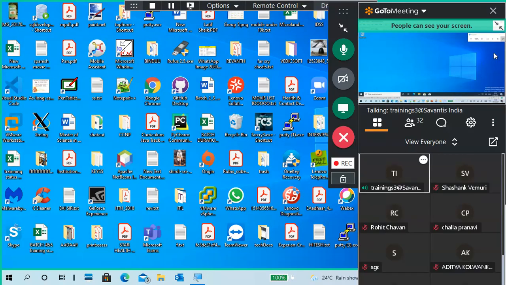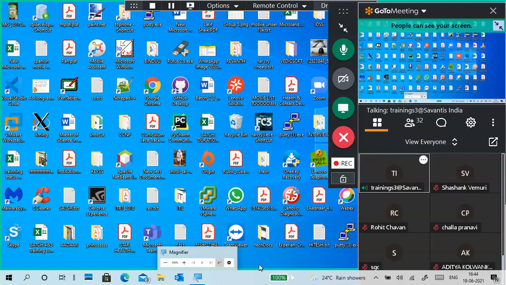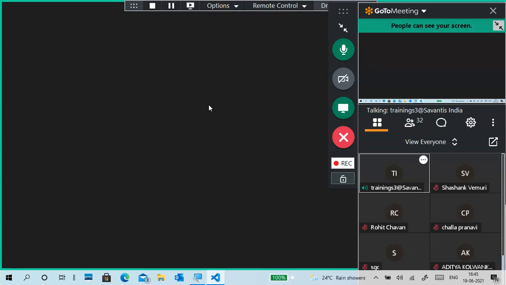You can see along the bottom line, except for the Magnifier, that all applications are not showing in my taskbar and my screen. It is showing my desktop only. For example, I can work on something here, or read some document, or open Apache NetBeans, Google Chrome, or Firefox. So I can use it.